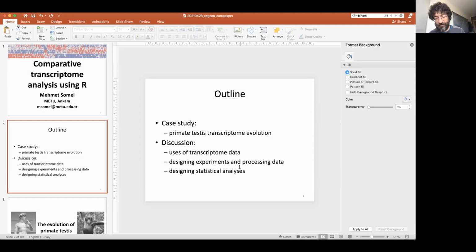So my PhD and some of my postdoc work was focused on gene expression, comparative gene expression in humans and chimps and other primates mainly, but later I drifted away, and now most of my work is in ancient DNA and population genetics, and so I'm a bit rusted perhaps when it comes to comparative transcriptome issues.